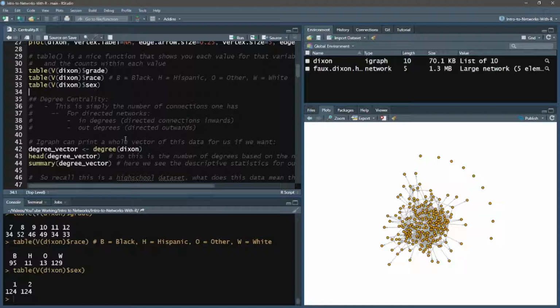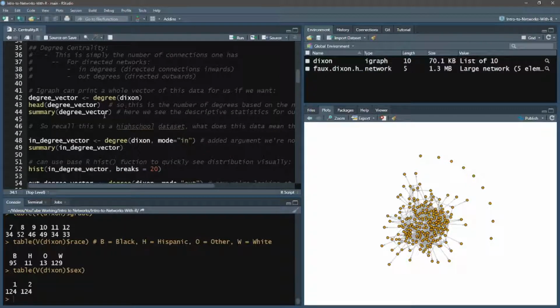For directed networks, which we're talking about here, the in degrees are the connections pointed in towards yourself, and out degrees are the connections that you pointed outwards. For this data, if I put my 2 best friends on the survey, those are 2 outward connections, so those would be picked up by outward degree centrality. And in degrees would be anybody that listed me.